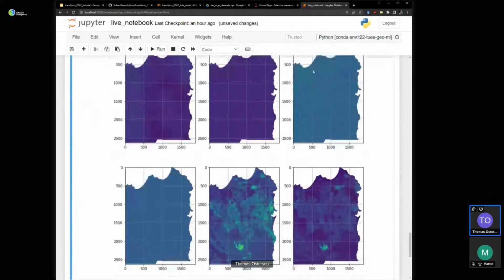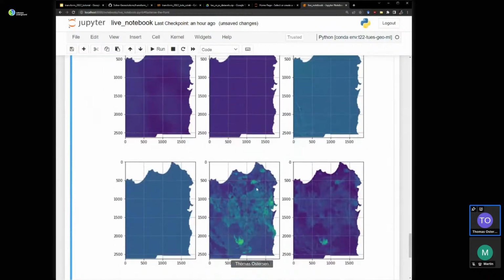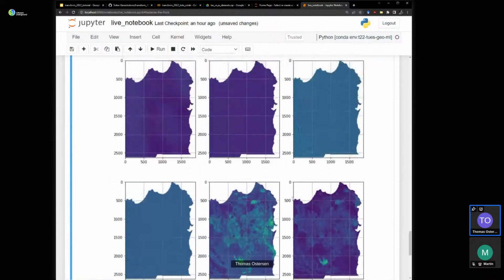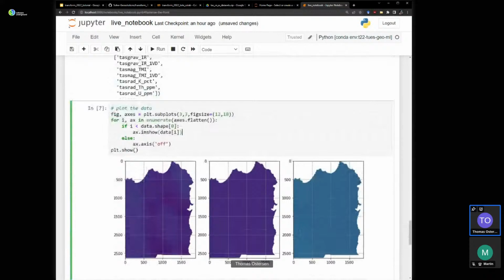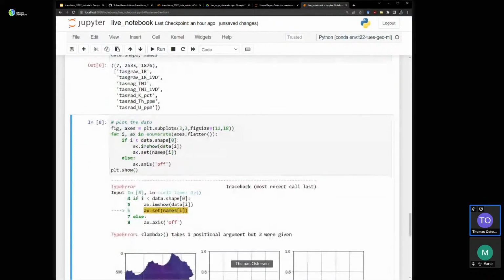Okay, so you can see the coastline there where we've got no data. There's also a bit of missing data down the bottom there. The color stretches are just currently stretched to the min-max values. So let's set the title here and replot that.